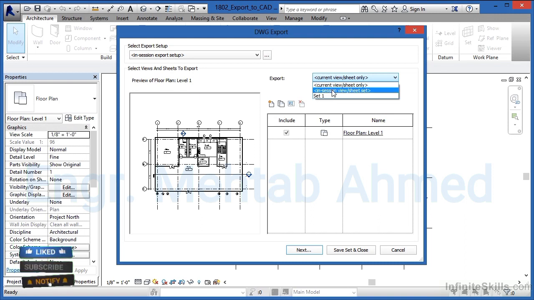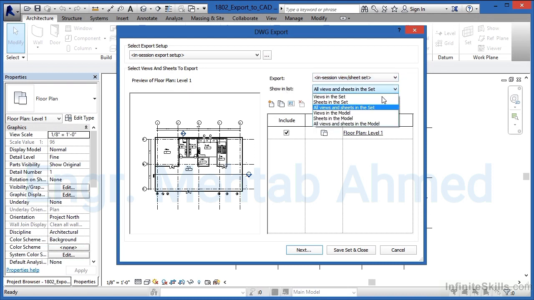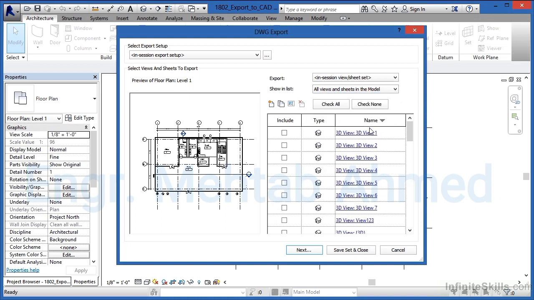In this case, though, I just want to click on In-Session View Sheet Set. This will give us the Show and List option. And from here, I'm going to pick all views and sheets in the model. So this will give us a list of every view, every sheet that exists inside of this Revit project. And you can put check marks next to anything you want to print. If you want to print multiple things, just put multiple check marks. From there, I'm going to click on